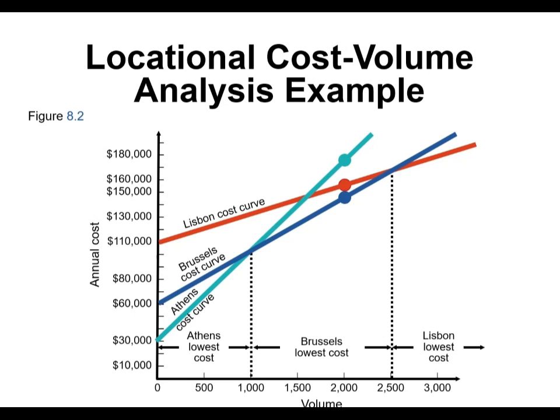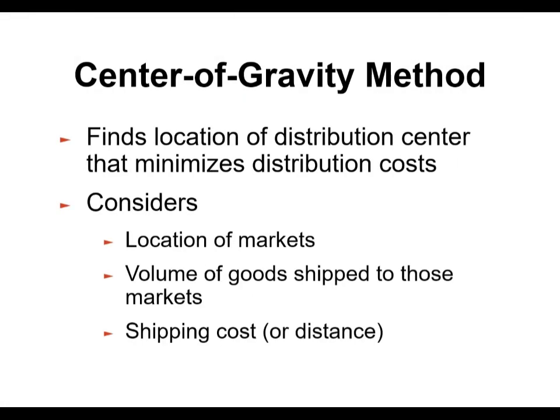Okay, so when they ask you which area is economical for you to produce 2,000, where is it? The 2,000 is here, right? So within what range? Within the range of Brussels. So Brussels is the lowest cost that can be offered to you. So if you want to produce